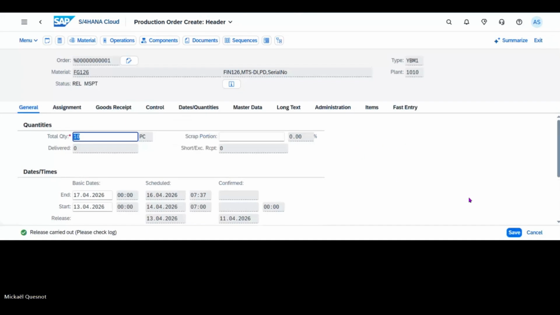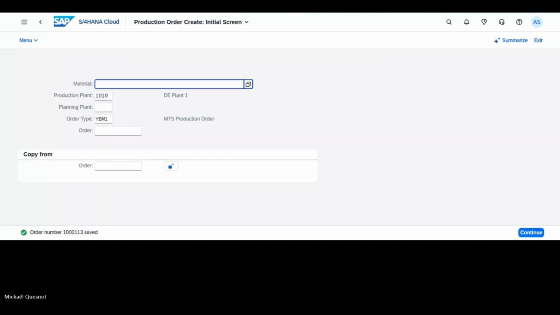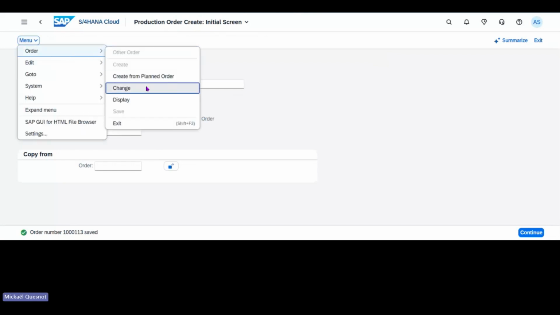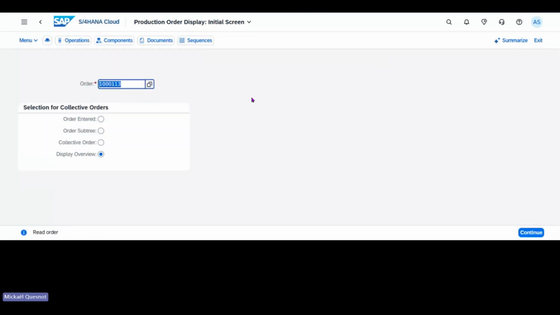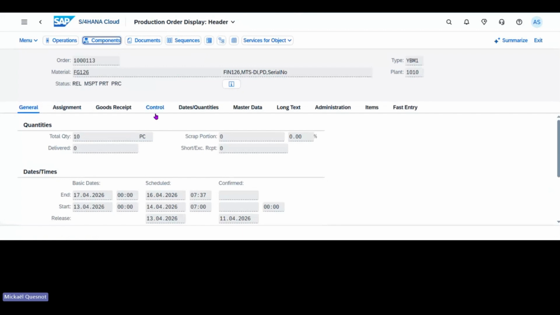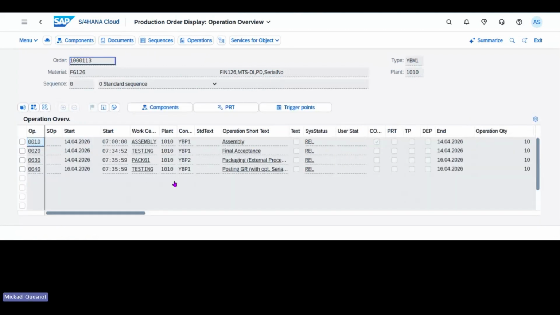Release order. And I save. Okay. Order number 11000123 saved. So the production order is created and a purchase requisition is created. To view the purchase requisition, choose Operation Overview, select the operation and scroll on the right screen. I will show you. Menu, Order, Change or Display, Enter, Component, Operation